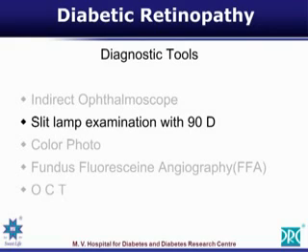A slit lamp examination with a 90 diopter lens is a very important diagnostic tool for the ophthalmologist. This examination gives us an anterior posterior cut of the retina where we are able to analyze the thickness of the retina and we are able to find out what really is happening as we are progressing with the treatment for diabetic retinopathy.